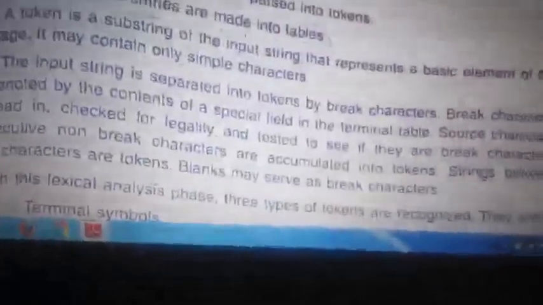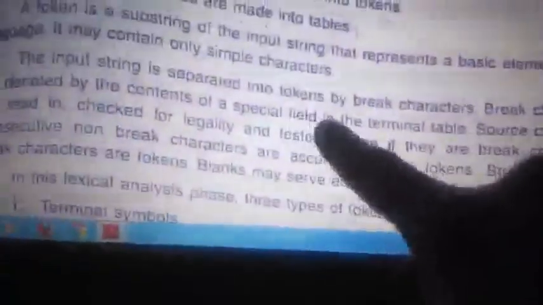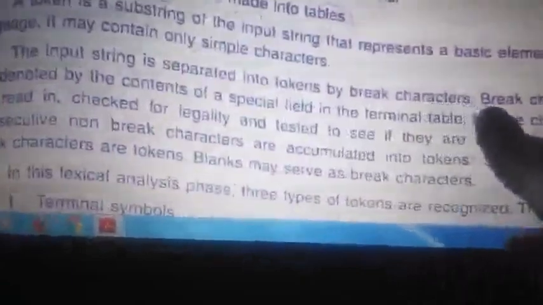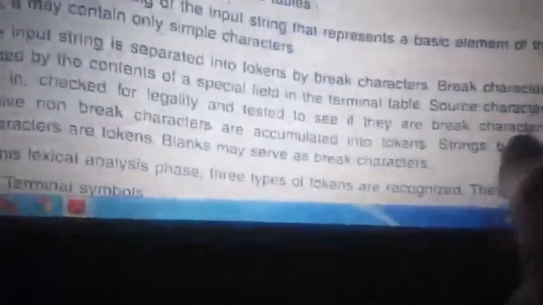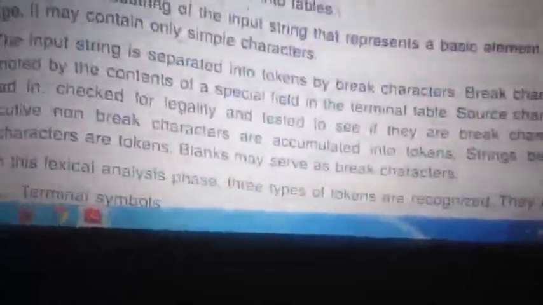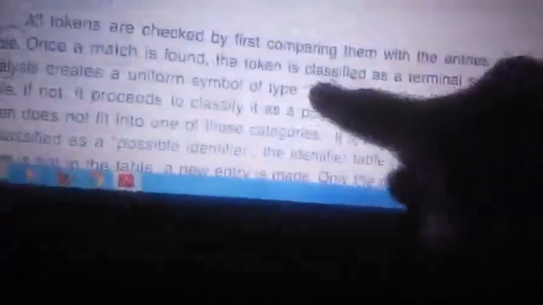How does the algorithm work? The algorithm is nothing but it will check for the token. It will separate all the break characters, whatever break or newline you are using, and it will put all of those in the terminal table. Clear? It uses three tables, that is the terminals, identifier and literal. Whenever there is a terminal, it will enter it in the terminal table.